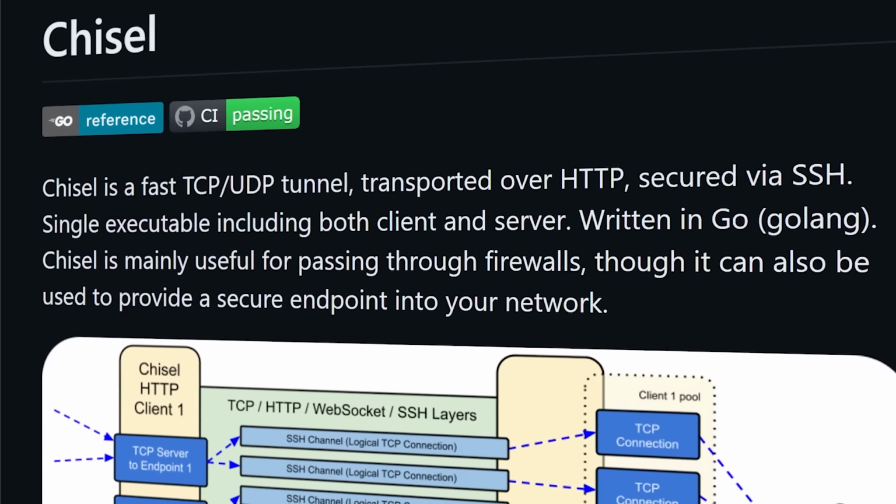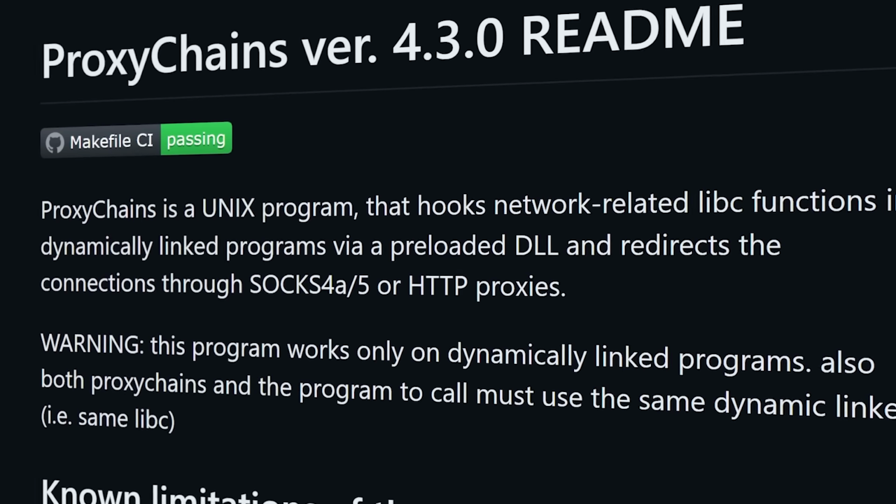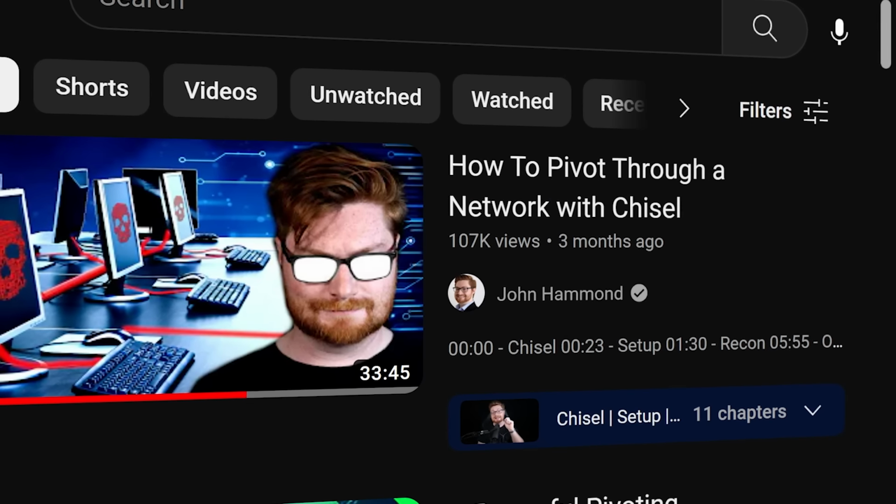So professional hackers take advantage of this. In order to get more access, they need to pivot into the internal environment. And that's the key word here, pivoting. There are a lot of tools that help with this, like Chisel and proxy chains, and we've showcased those in other videos, but I wanted to tell you about another tool called Ligolo, and by extension of that, Ligolo NG,